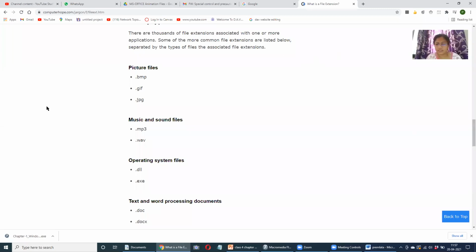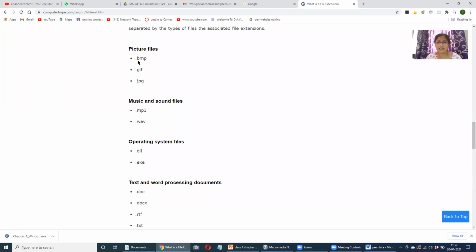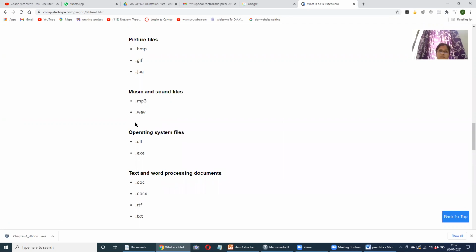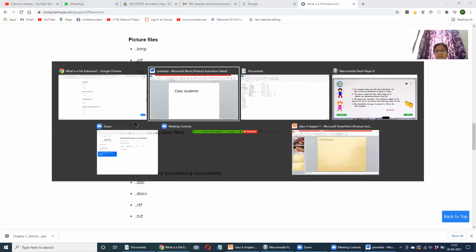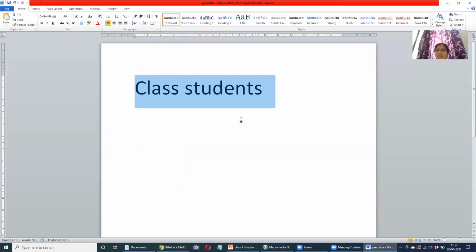Can you see here on your screen, children? Like any picture file, when you save it, it either gets saved with .bmp, .gif, .jpg, music file. We always say, right, MP3 files, MP3 files. What are that MP3 files? It makes us understand that is a media player, audio music one, correct? Sometimes we also store pictures in our mobile phones or pictures in our laptops and computer system. It gets stored with a file name .jpg. When we see the jpg, we understand that it is a file.